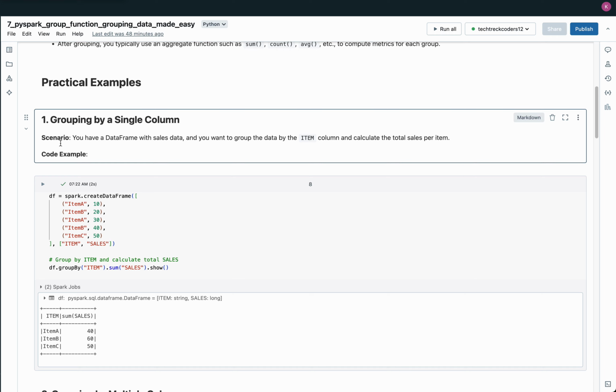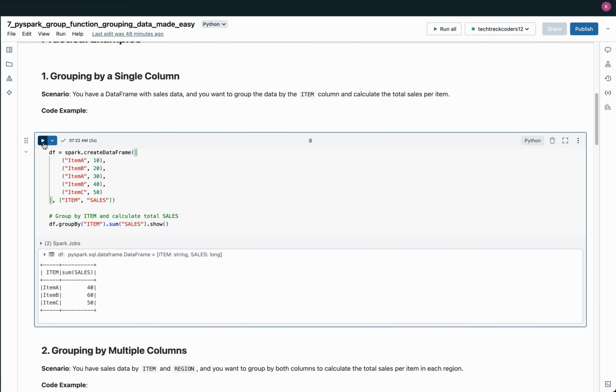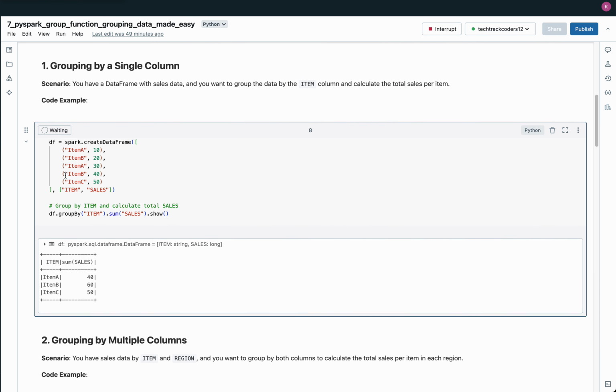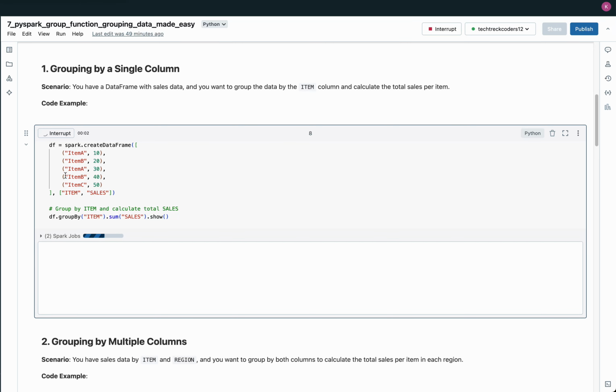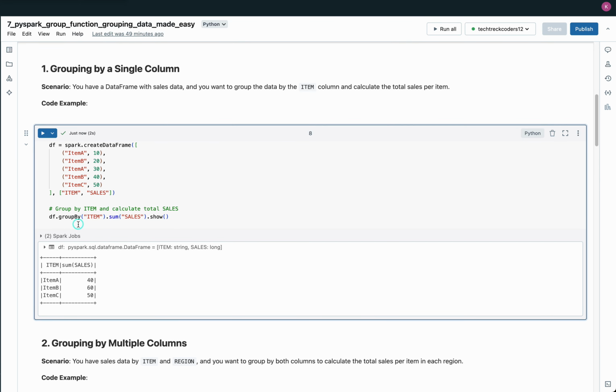Grouping by a single column. In this example, we are working with a PySpark data set that contains sales data for different items. The data frame has two columns, item and sales. We create the data frame using the createDataFrame function where each row represents a specific item and its corresponding sales value. The dataset includes multiple records for some items like item A and B,